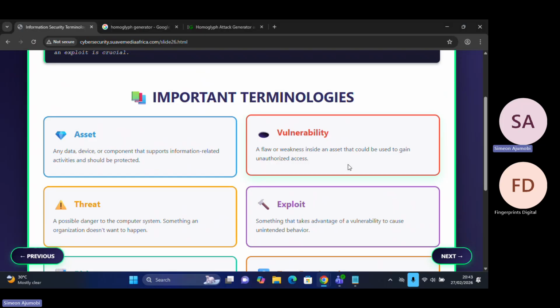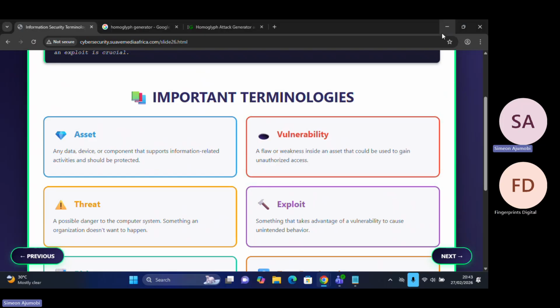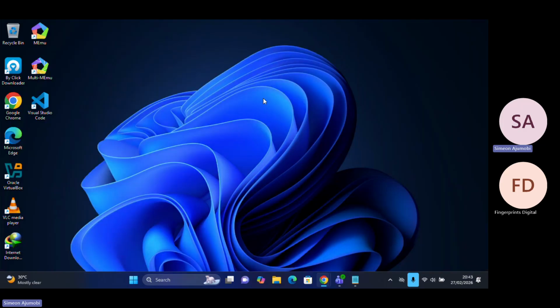Make sure you fix it, and at least you must have 8 gig RAM. Like I showed you in the last class, my laptop has 32 gig RAM. That is what I'm going to be using. And I have a 1 terabyte SSD, and I'm using an Ultra 9, Ultra 7 rather. So it's very heavy. That is why you're going to see that my work is going to be very, very smooth. Though as an instructor and cybersecurity expert that is expected, but you should have at least 8 gig